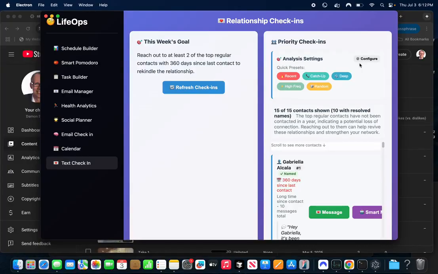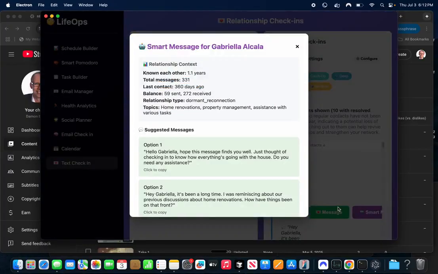It's going to suggest a message. I can sort this any way I want. It's going to show contacts and give me the opportunity to just open up the message, or I can click on this little smart message button. The smart message is going to take into context all of the conversations that I've had with this person throughout the 9 years that I've had a ChatGPT account.